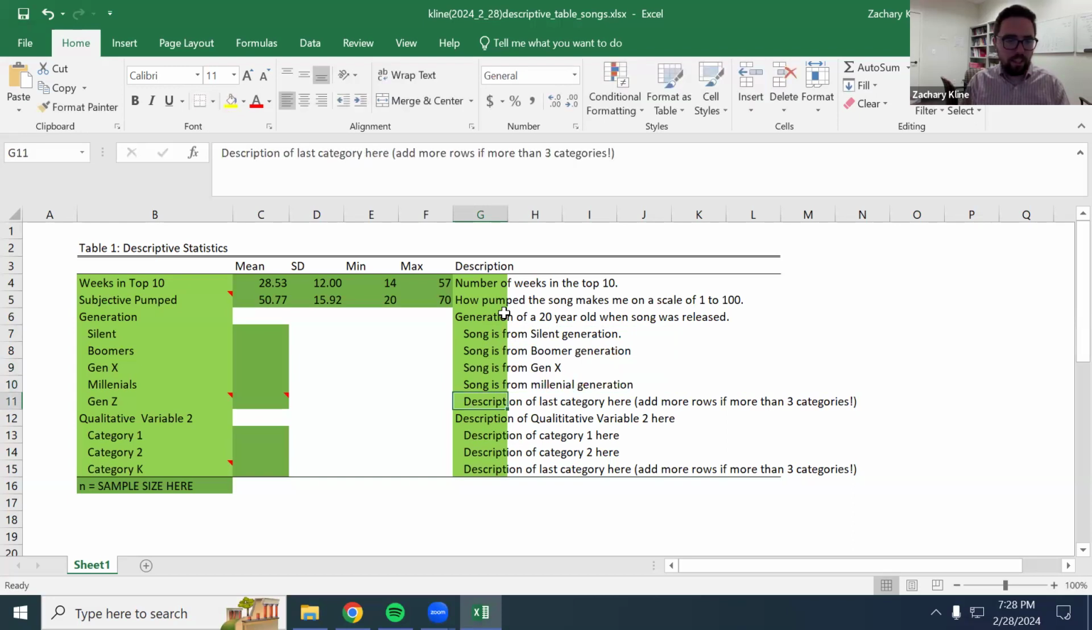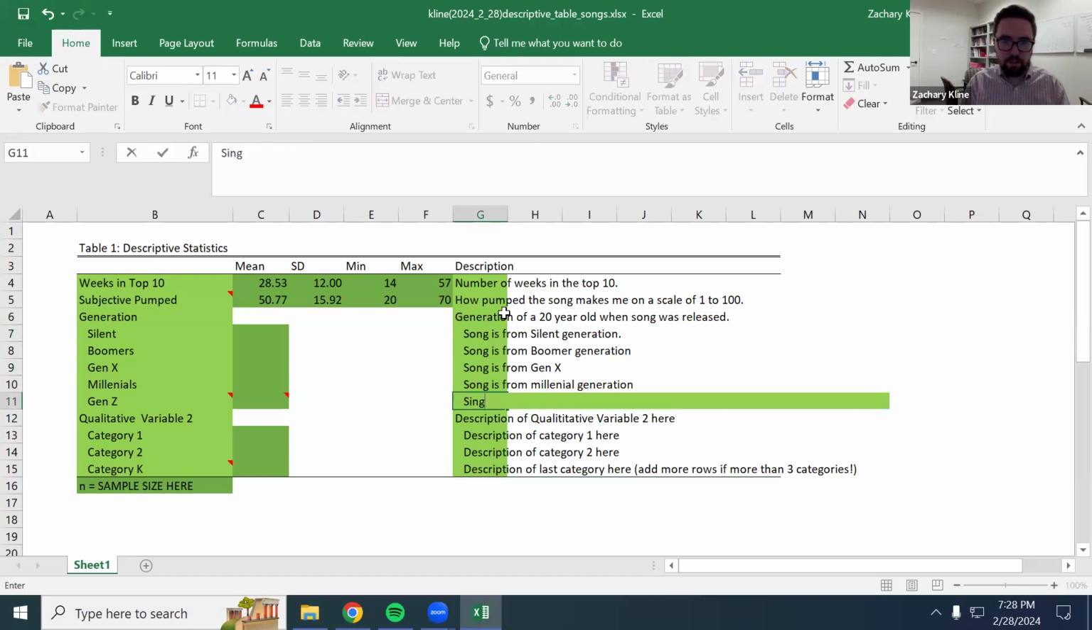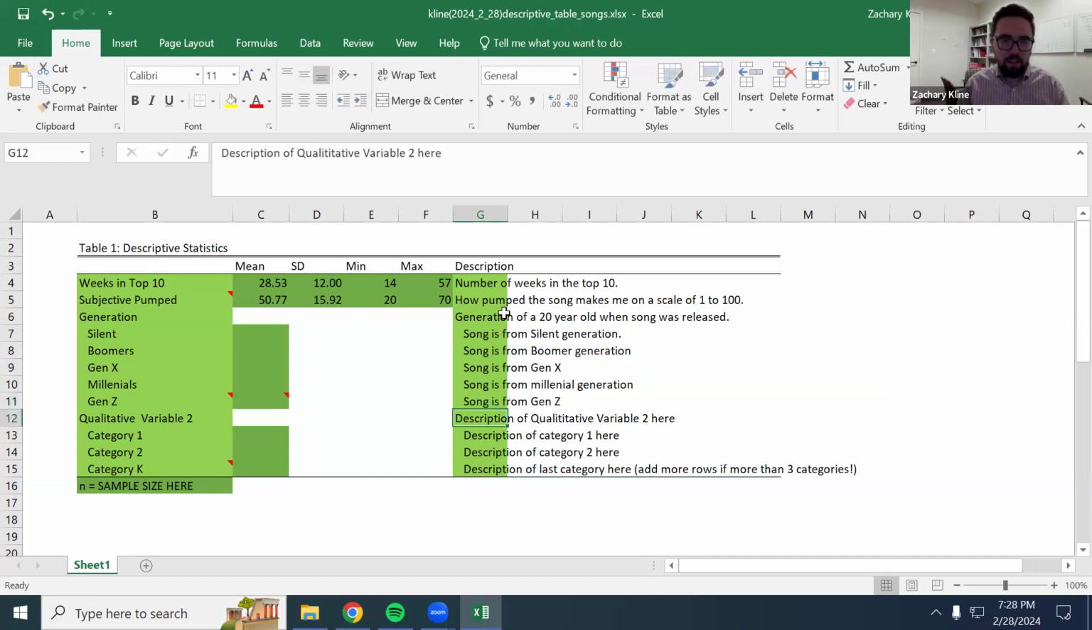generation. I'd probably want to rethink these descriptions. I don't like them that much, but it's not really from Gen Z. It's more just that it was popular with Gen Z, but like might not even have been popular with Gen Z. That's a whole question of operationalization. But yeah, the general point here, you're gonna put descriptions, also indented